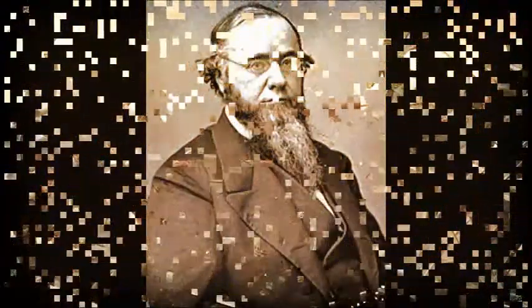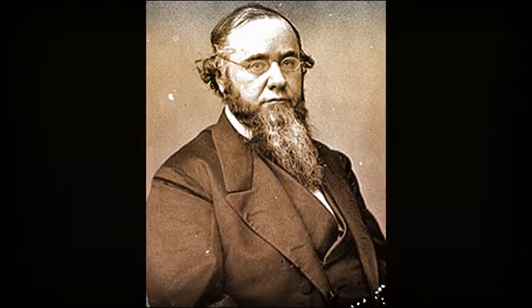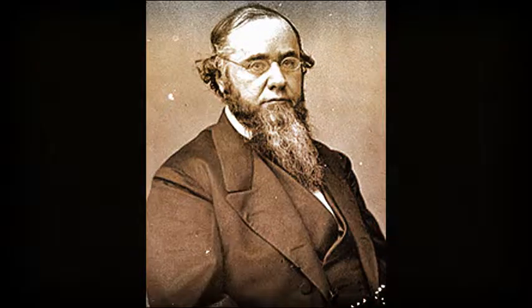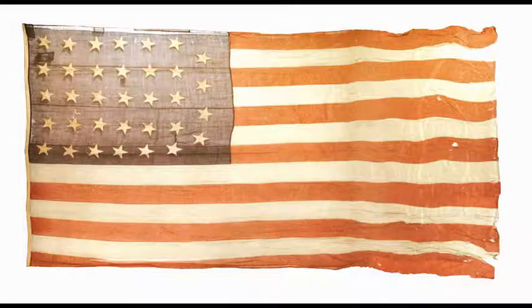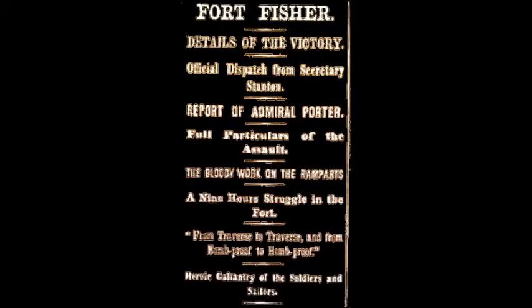At the end of the second battle, on the afternoon of January 16, 1865, Federal Secretary of War Edwin M. Stanton arrived unexpectedly at Fort Fisher. General Terry of the Union forces presented Mr. Stanton with the Fort Fisher garrison flag. Mr. Stanton states, "The Secretary of War has the honor to acknowledge the receipt of the flag of Fort Fisher,